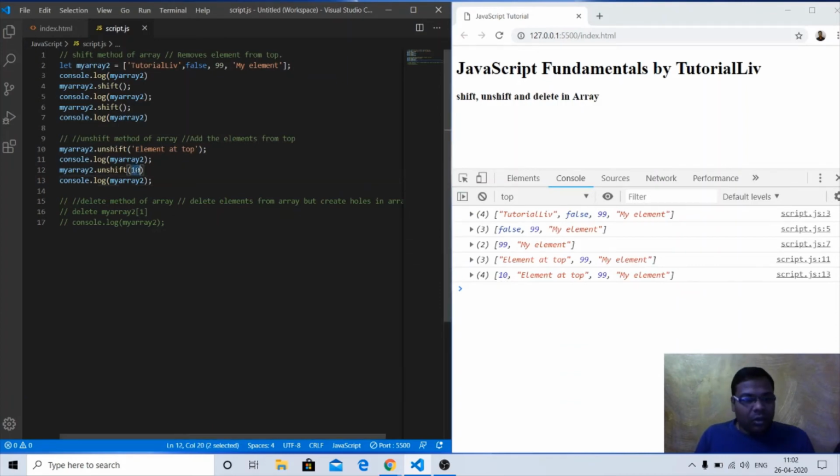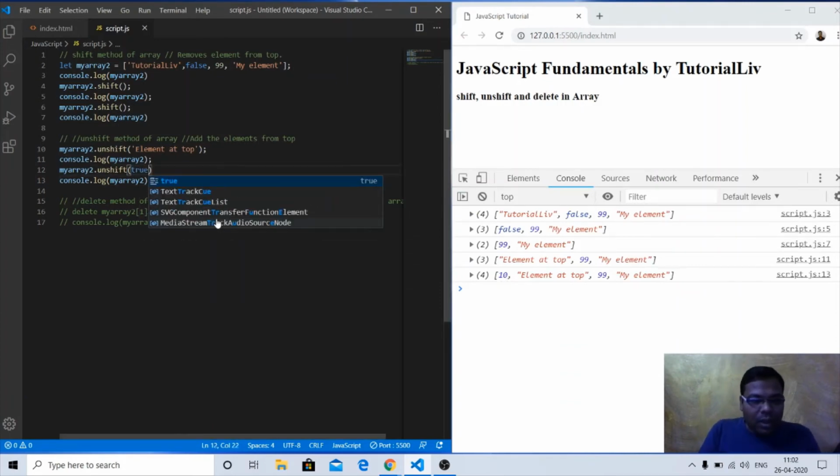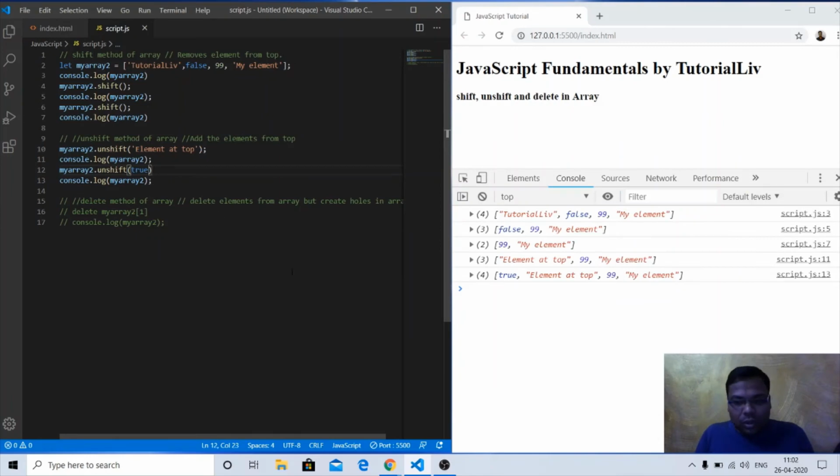If I use true, a boolean value, it can add that also. Now we have true at the first position, the 0th index of the array. So it is totally the reverse of the push method. Push adds the element from the rear end of the array, whereas unshift adds the element in the same way, but from the top end of the array.